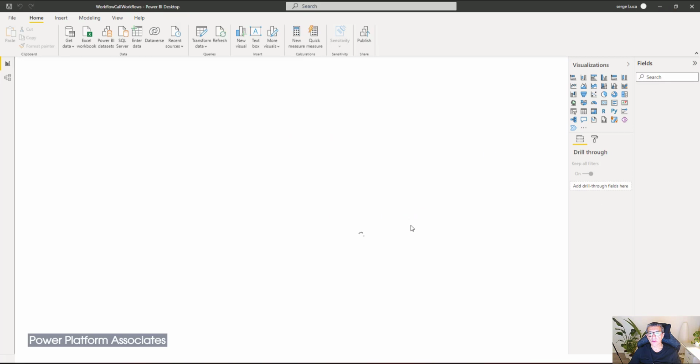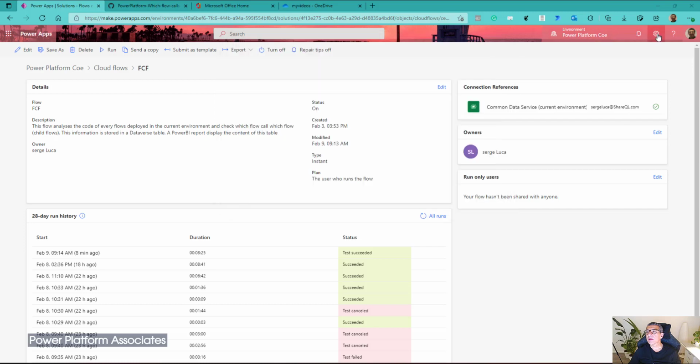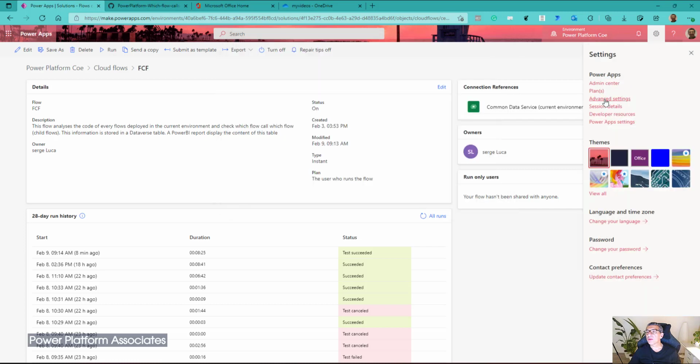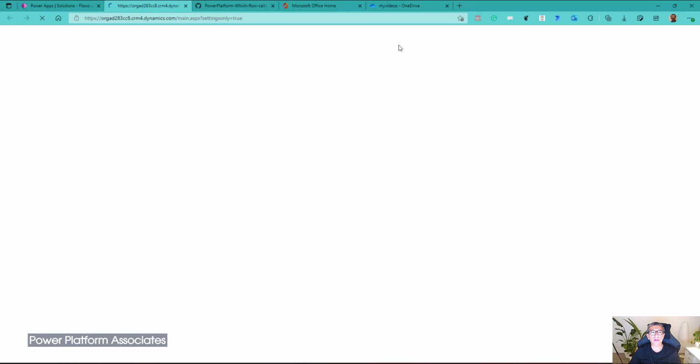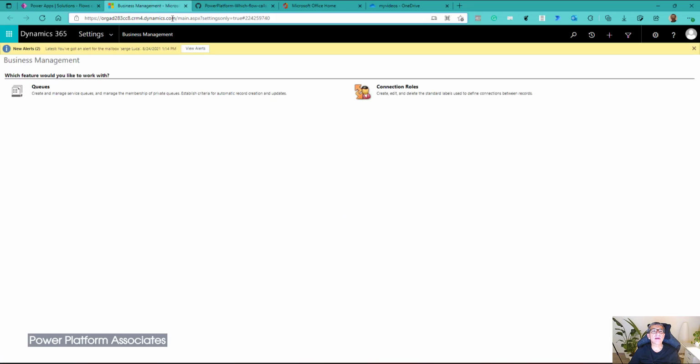You will have to retrieve your database location, so the Dataverse location in your environment. Okay, so this is your environment. You need to go to advanced settings, just click there, and this is the location of your database, right? So just copy this string,